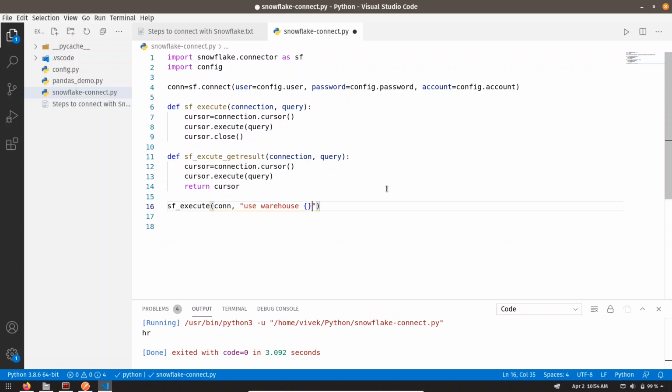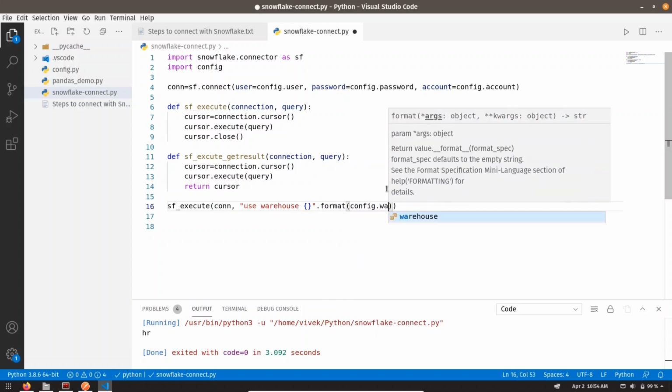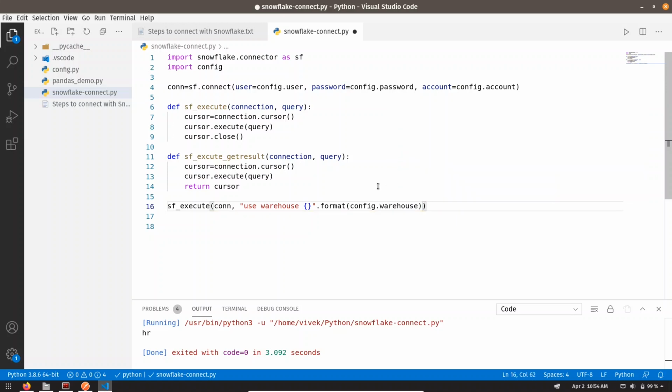So we can take it with the help of format function. Yeah, that's it. Same way we can set the database and schema as well.